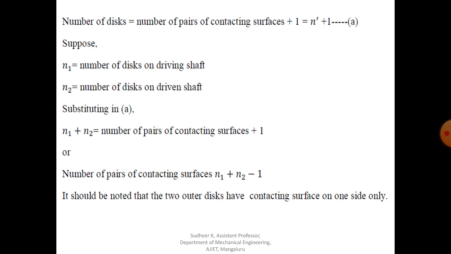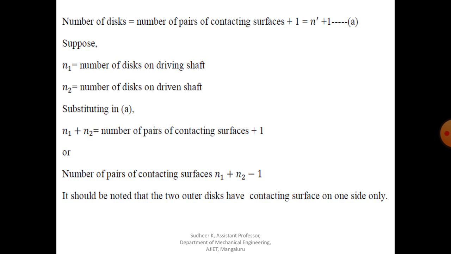So heat dissipation is a serious problem in the case of a multi-plate clutch, because whatever the heat, that should be carried away. It means we have to provide either proper lubrication, or the heat should dissipate more. That will be one of the major problems in the case of a multi-plate clutch. Therefore, multi-plate clutches we call wet clutches, while single plate clutches we call dry clutches.